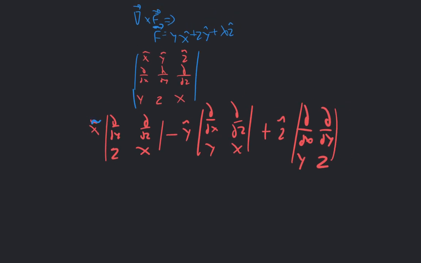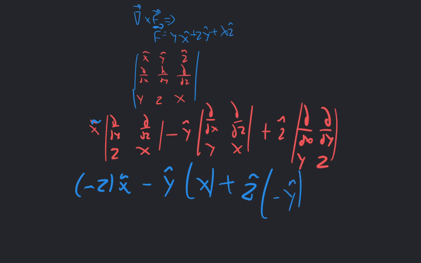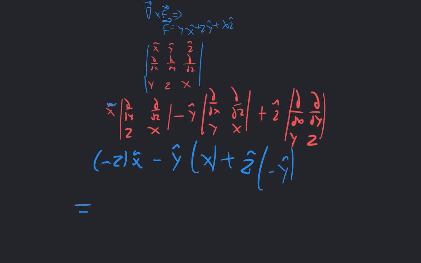When we take this, we're going to get minus z unit, or not minus z unit, minus z x unit, then minus y unit times x plus z unit times minus y. So the curl of f is just going to be minus z x unit minus y unit x